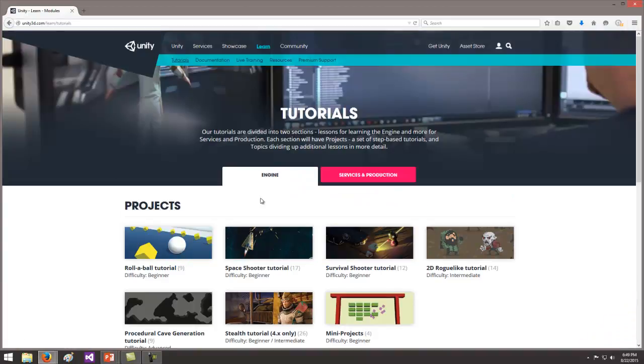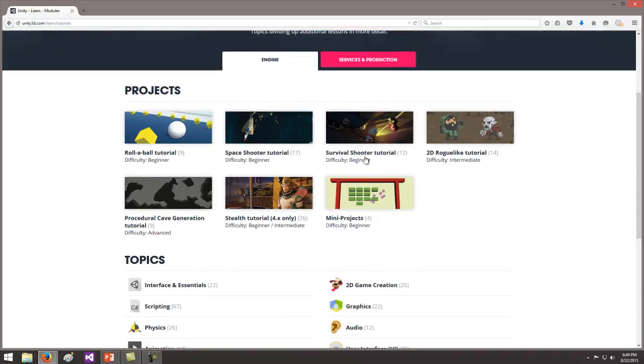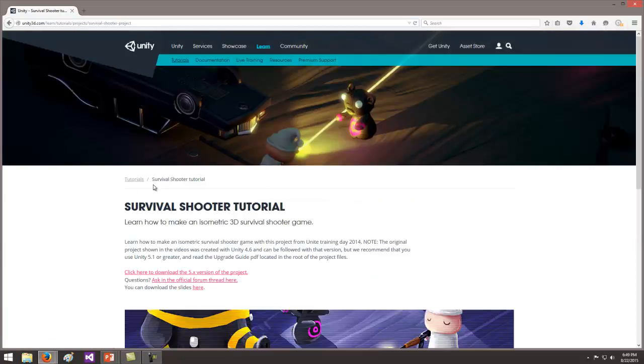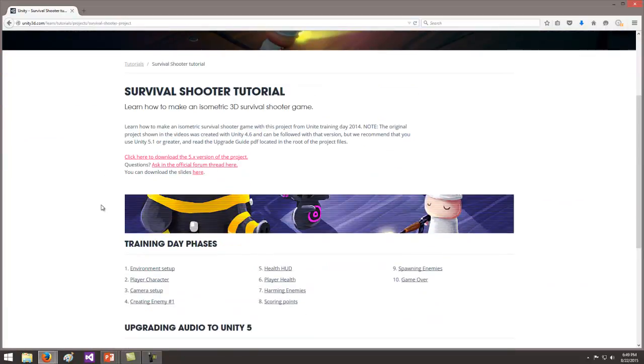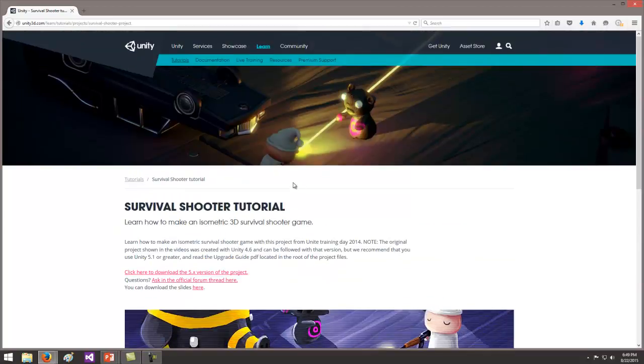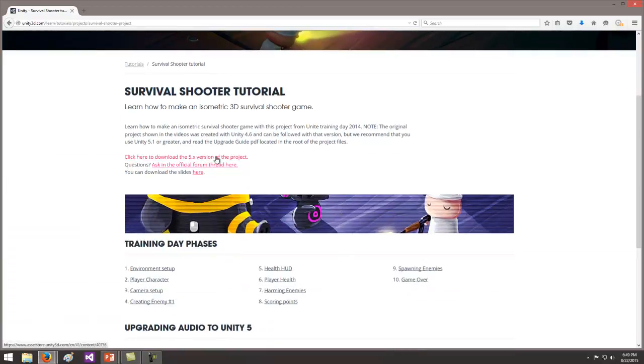Lots of different tutorials. I think eventually in this class we're going to pick up this survival shooter and walk through that, and make you guys do that one at home. This one's actually a really cool one where you make this little game where you've got one level and all the kids' teddy bears come after him.